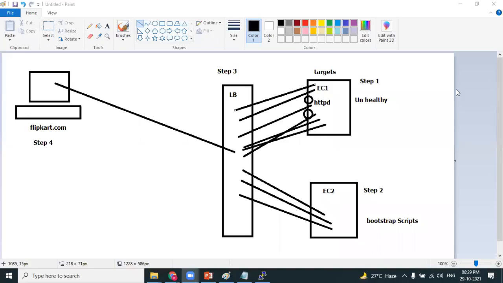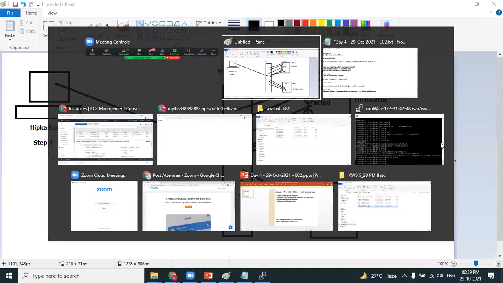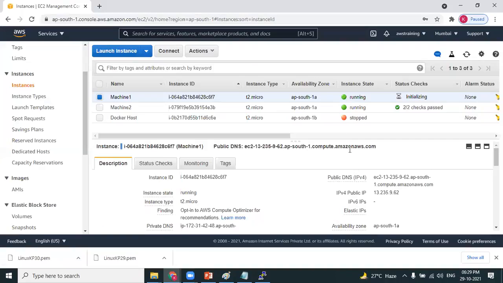So I hope the EC2 machine is now fixed. The EC2 machine is running. So when I click on the load balancer DNS name, it should again distribute the traffic. It will take some time to revive. Yes, now Bala, we are getting my Google 1, my Google 2, isn't it? Again, my load balancer has started distributing the traffic to the healthy machines. So detecting unhealthy and healthy, we have already simulated failover scenarios, isn't it? Yes. Thank you.